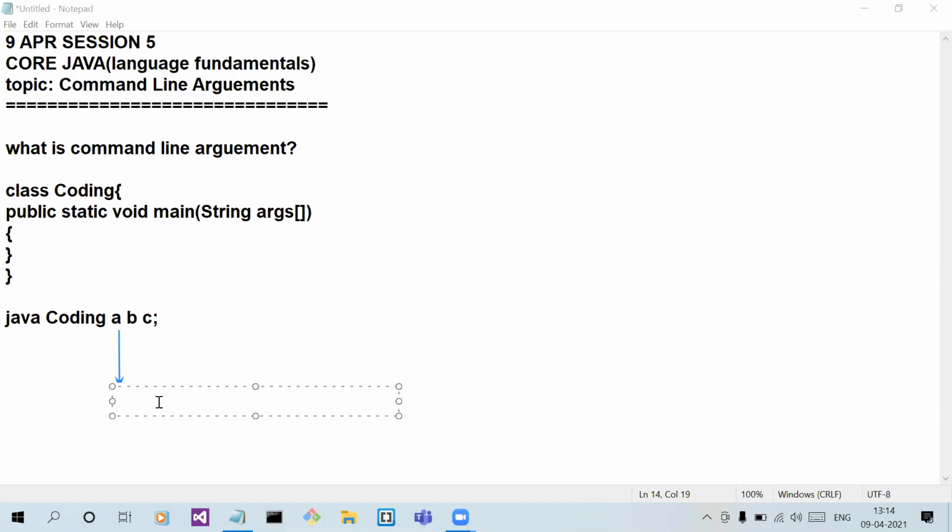This is very important to know. Then this B will become args[1]. This C will become what? args[2].